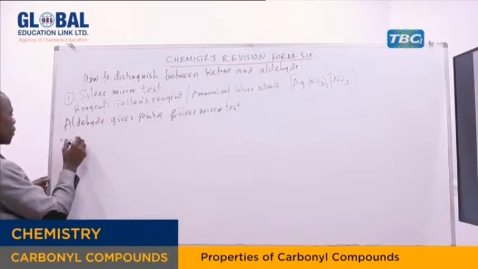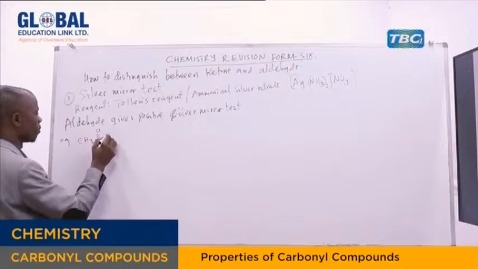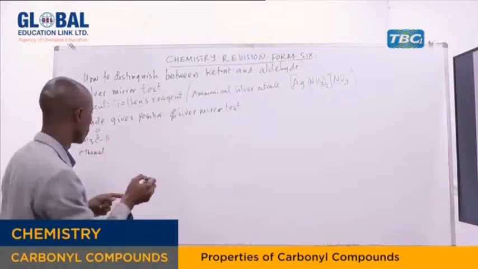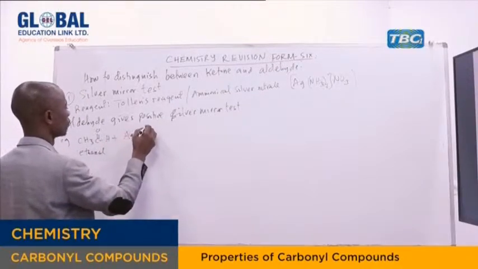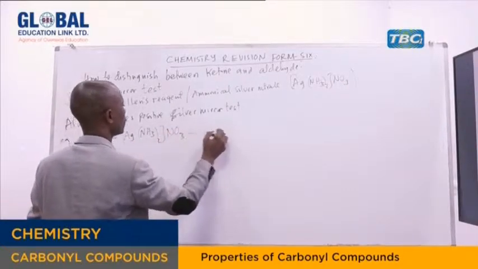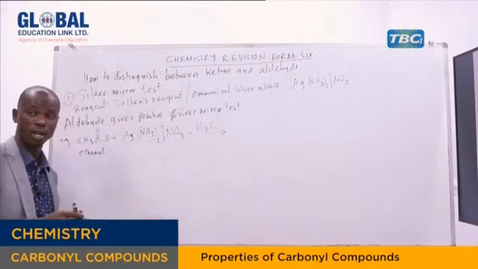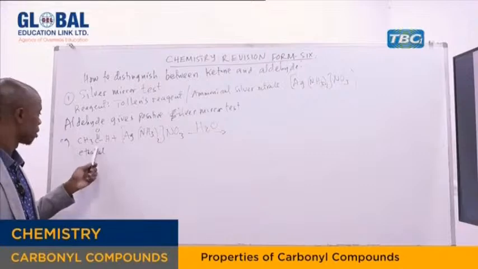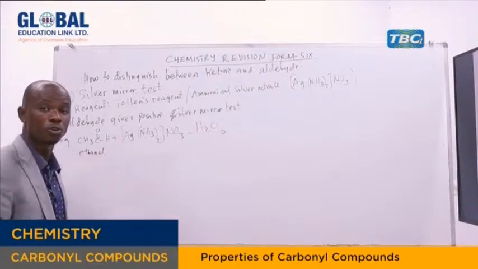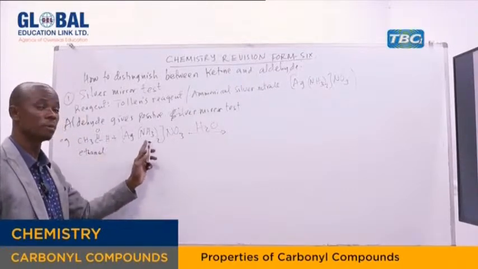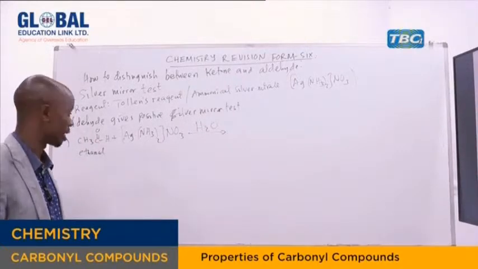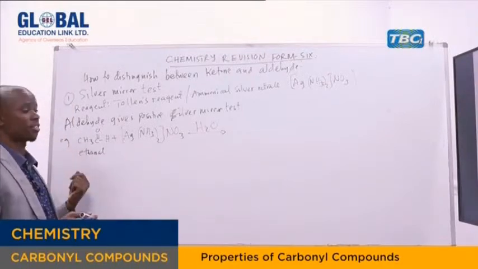Example, take ethanal reacting with that compound, in the presence of water, because this is aqueous. Now, this aldehyde, because it is a strong reducing agent because of the presence of a hydrogen atom, will be oxidized into carboxylic acid. But because of the presence of ammonia in the solution, it will react further with ammonia to give ammonium carboxylate. So here we are going to get ammonium ethanoate,